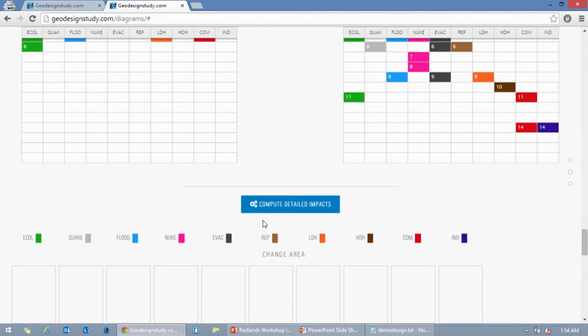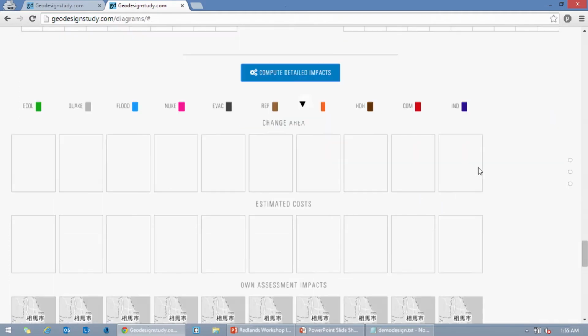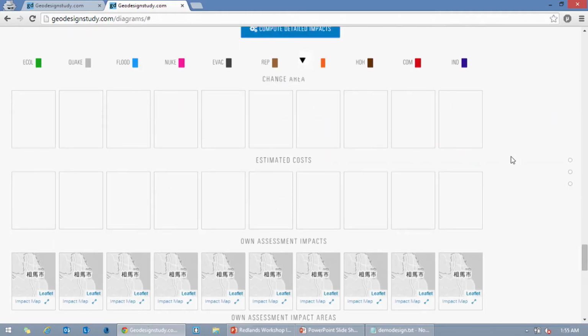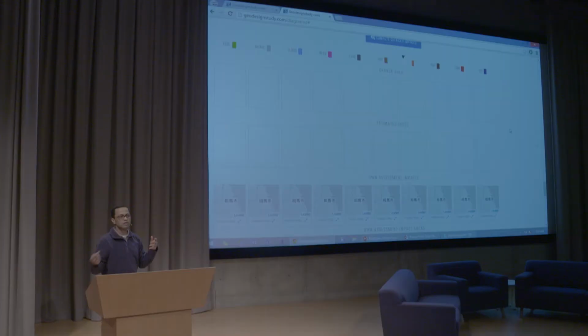And finally, you just have this notion of computing the impacts of your selections across all the systems. It's going to take some time because the number of selections is a little bit high. But what you can see here is how your design performs against these requirements. And the idea is you go through this cycle of iteration very quickly to add or remove diagrams and